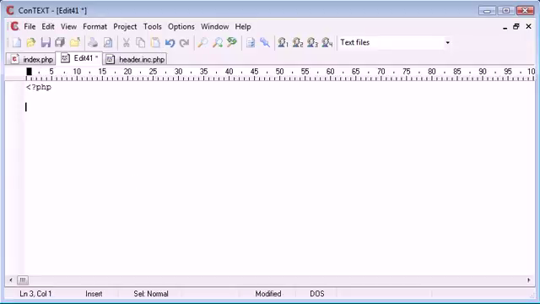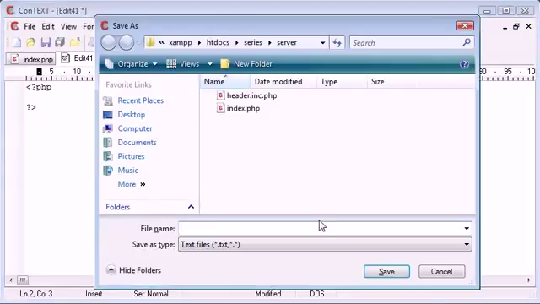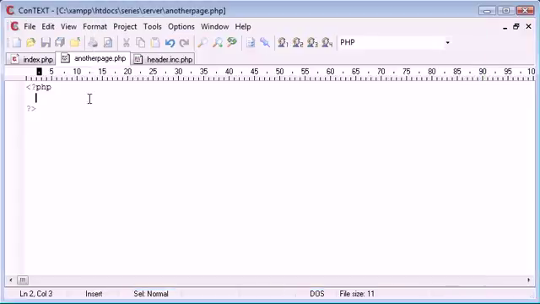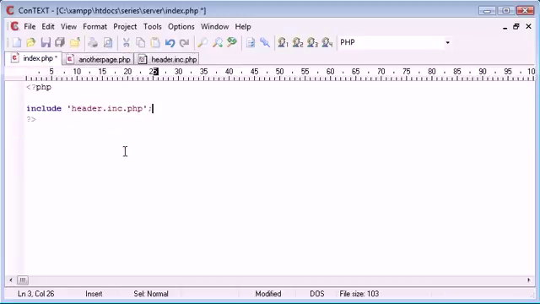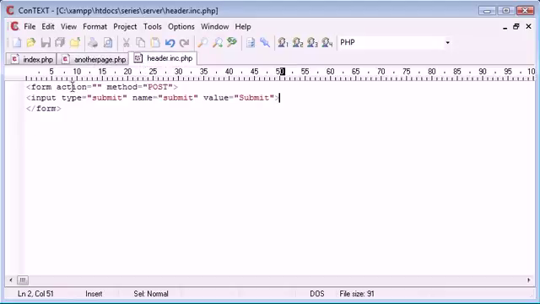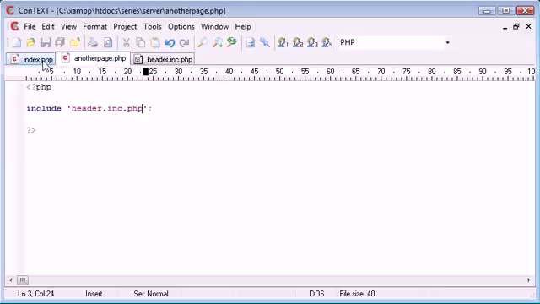So I'm going to create another PHP page here, another page.php. What happens if we had another page and we were including this file as well? So header.inc.php. Now what I want to do is, let's just get rid of this for now. I want to submit this form, but I want the action to be updated